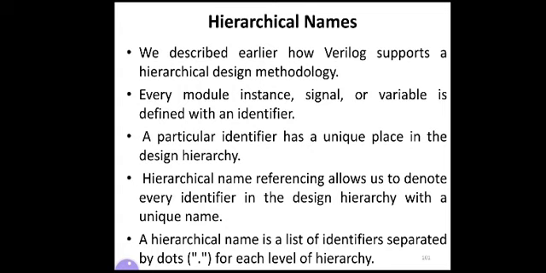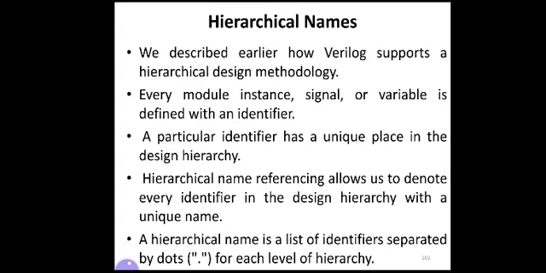Suppose you have 3 different levels of hierarchy, every level is separated by a dot. First, a root level identifier name is used, followed by the next level, followed by the next level until it reaches the last level, and each level identifier name is separated by a dot.